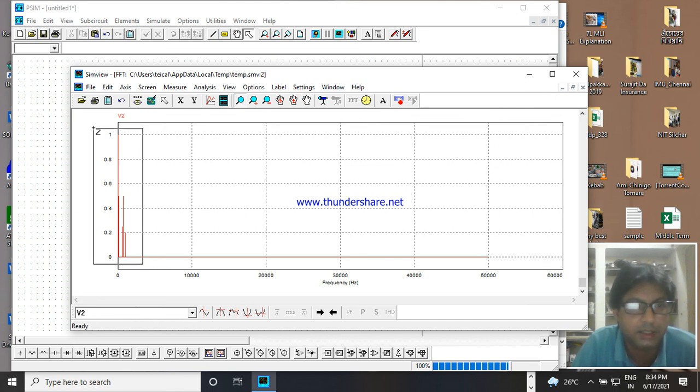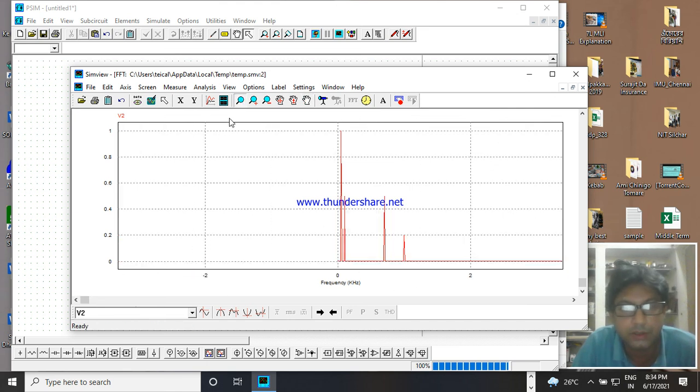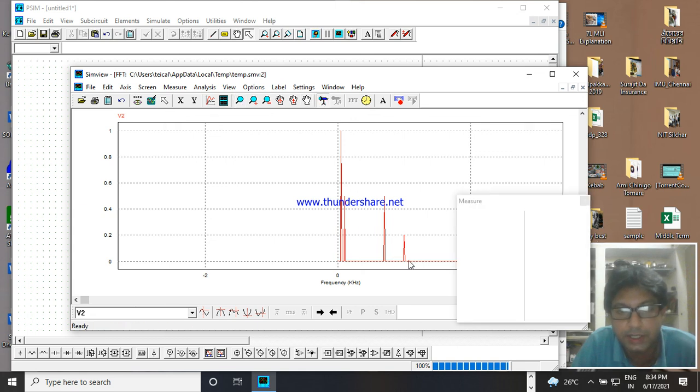You see, it is giving the peak. Now I can tell you, very easily, this is 1000 hertz, this is 700 hertz, this is 100 hertz, and this is the fundamental. So you see, FFT is a very clear-cut tool where I can convert the time domain data to frequency domain, and I can tell very easily what frequency components are dominating.